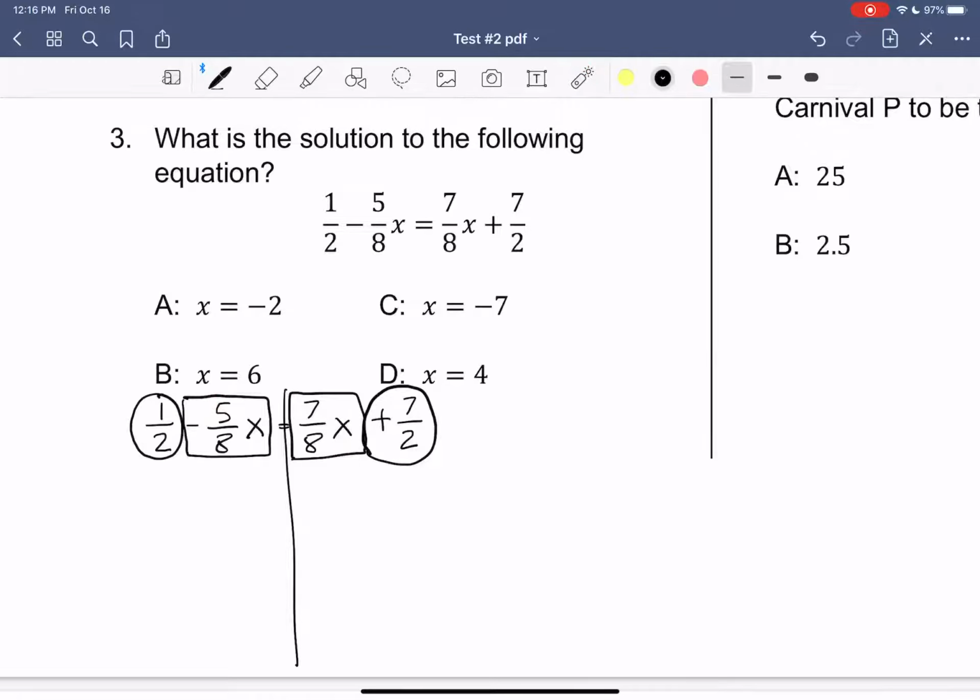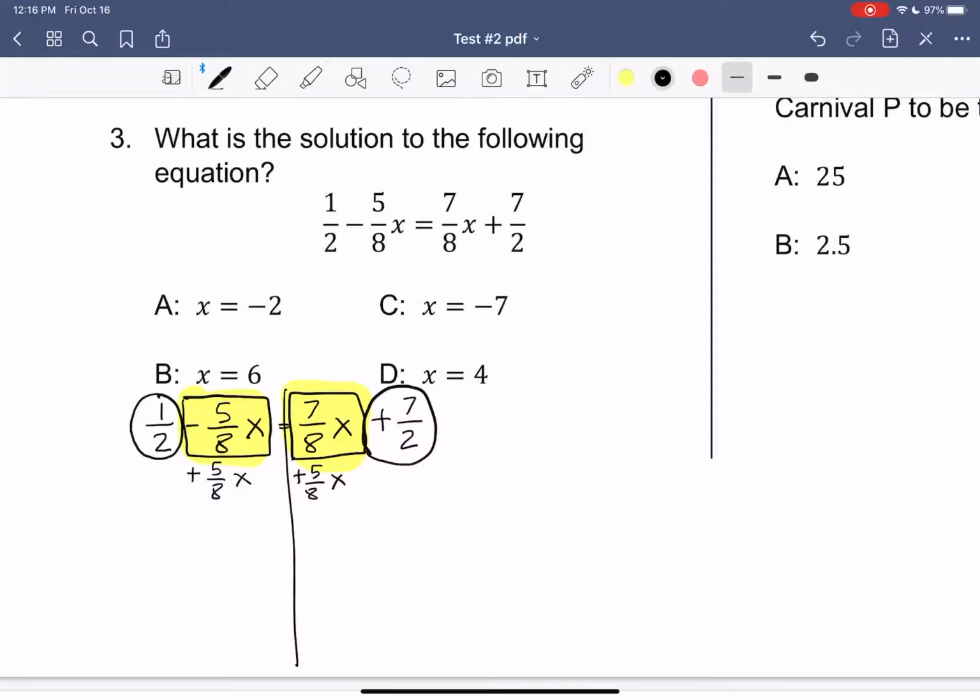So our second question is, does the equation contain variables on both sides of the equal sign? And I'm going to make variables yellow. So we have a variable here and we have a variable here. So what we're going to do, since we have variables on both sides, is find our least coefficient and move it to the other side. So since negative 5/8 is smaller than 7/8, we're going to move this to the other side,